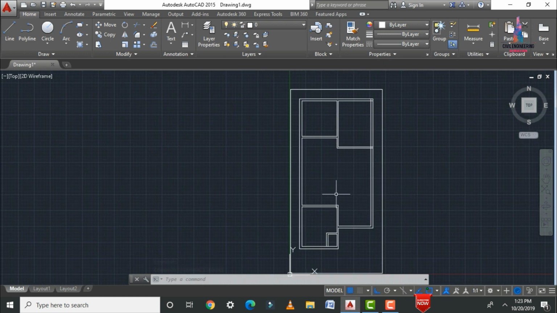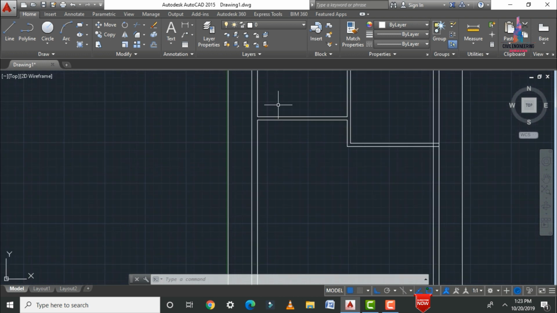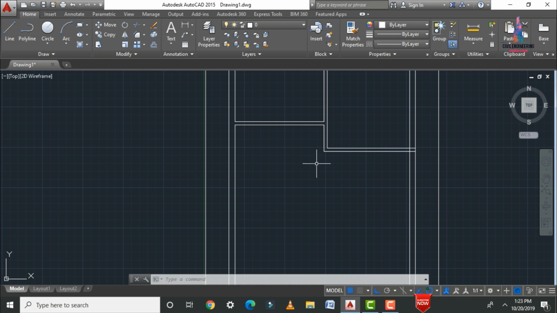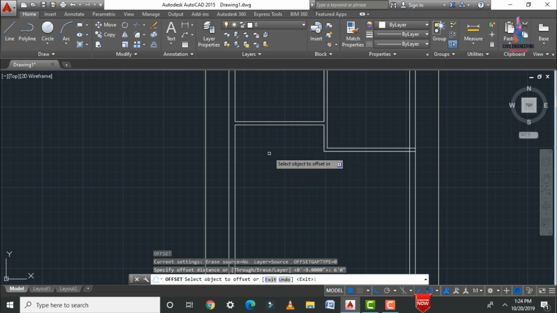This is the hall and this is the dining section. Let us consider this is your master bedroom, this is the children bedroom. So for this master bedroom, we need to add one washroom here, and for this children bedroom also, I am adding one more washroom here. So for that, I am selecting offset here, which comes under your 6 feet 0 inches here. So let us take this offset here like this.